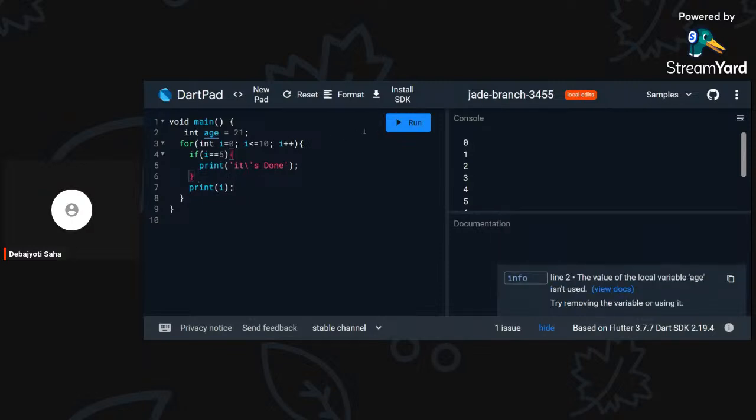Now if I print, it should show 0, 1, 2, 3, 4, it's done, and the rest of the things. So as you can also see, here it's also 5, 6, 7, 8, 9, 10, all of the stuff. If I use break here,